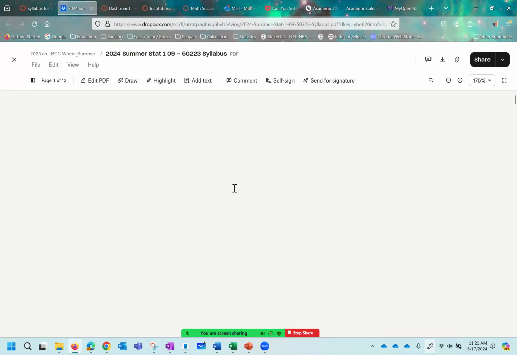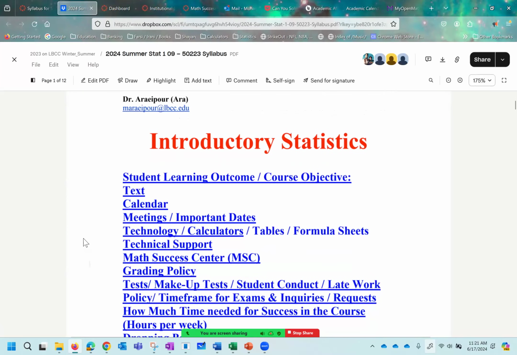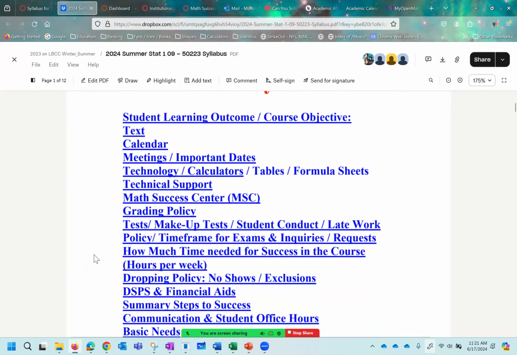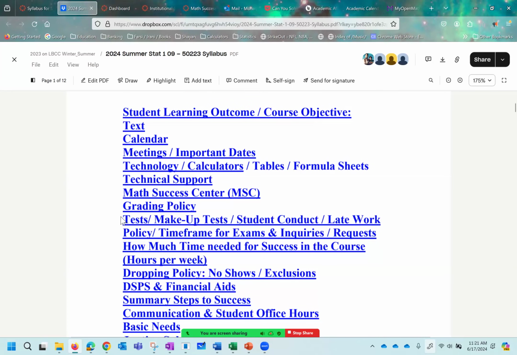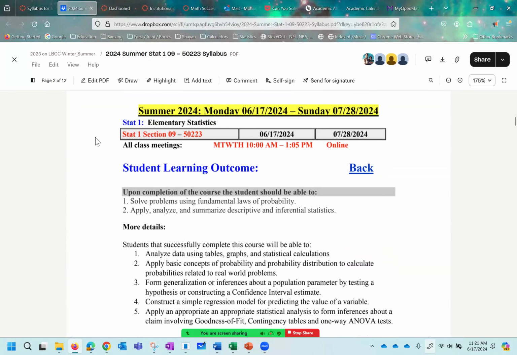Here's the syllabus. First I'm welcoming you to the course. The way the syllabus is set up, I have them with different topics because syllabi are getting extremely large and some may not care for them too much. So at the very least, let's say if you're interested in grading policy, you can click on it and see what the grading policy is. So I'm going to quickly go over that. First, the information about the course,